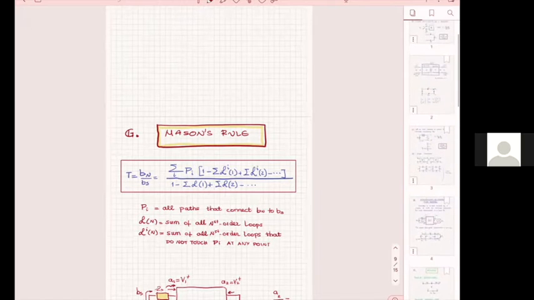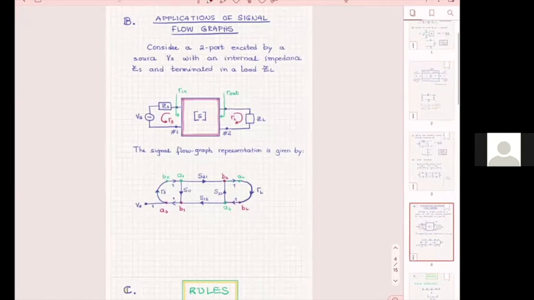Let me go back and remind you here. This is a two-port network with an input port connected to a source, output port connected to a load, and then we have replaced this by that. You need to remember that the A's, the A1s, are what go into the load, into the network, A1, A2,